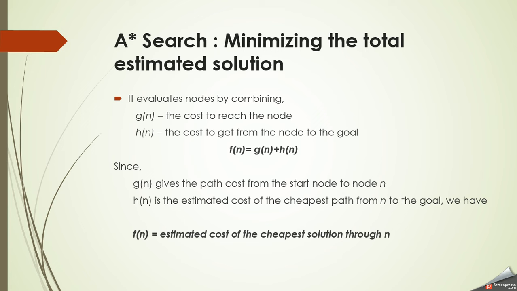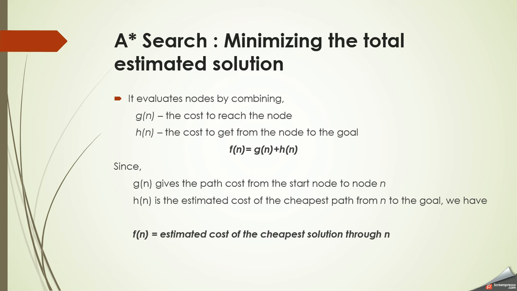My last video was about greedy best-first search. Now I'm going to discuss A-star search, the next informed search strategy in artificial intelligence. So what is the difference between greedy best-first search and A-star search? Here we are going to do the same process. We are going to calculate the evaluation function f of n using the heuristic function h of n.